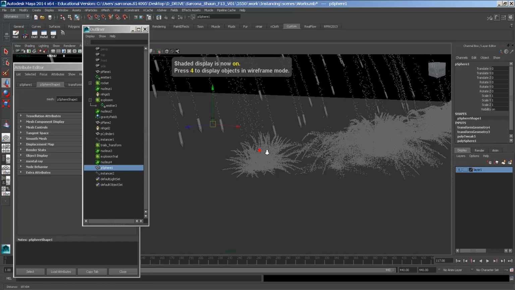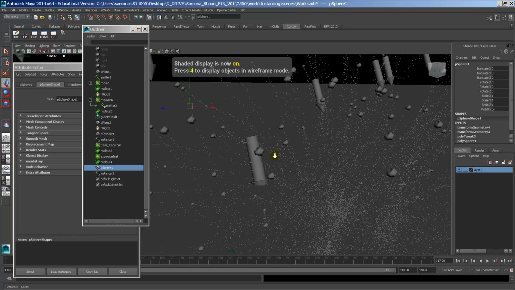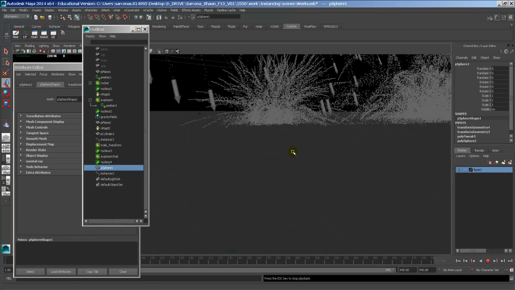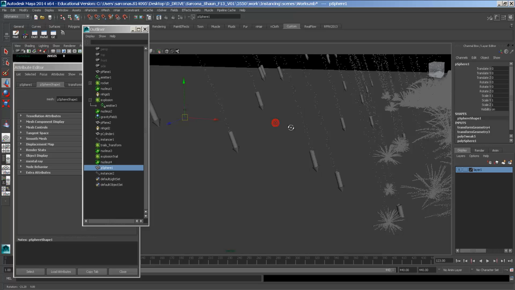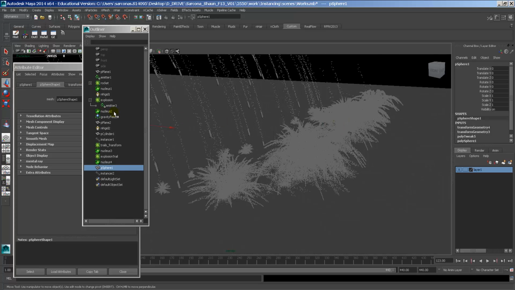There we go. So now at the edge of these things, you can see there's a tiny little rock that's going to be coming out as well. Then the rock's eventually going to disappear. Now just for the sake of the speed of this, because it's obviously going really, really slow, I'm just going to go back to my emitter,